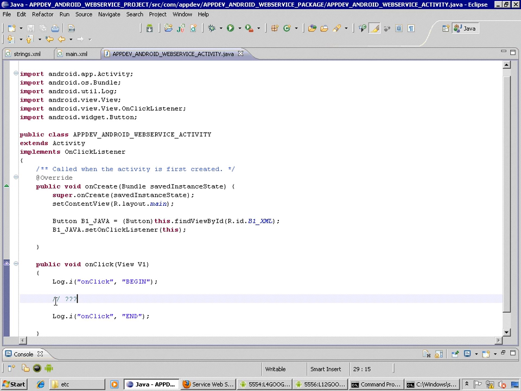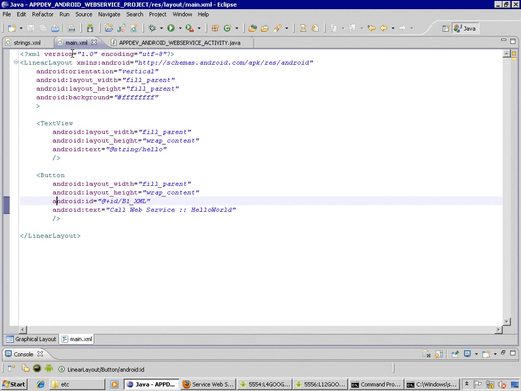So there are a couple of ways that we can actually call the web service. There are a couple of different ways that we can invoke HTTP to another machine. And we've just taken a look at how to use the web view in the earlier section. So let's take a look at how we can utilize that learning skill that we already have to call this web service. So under main.xml,